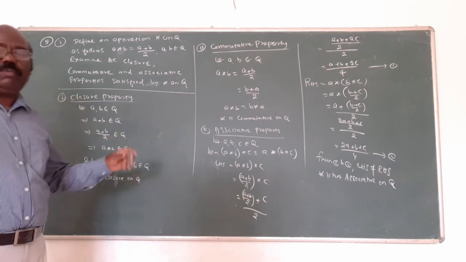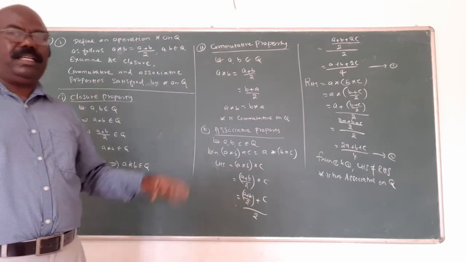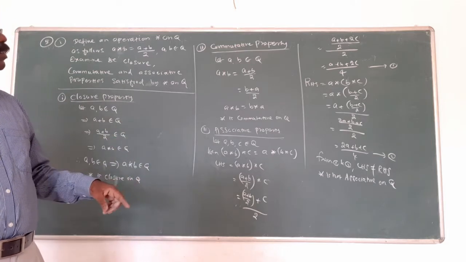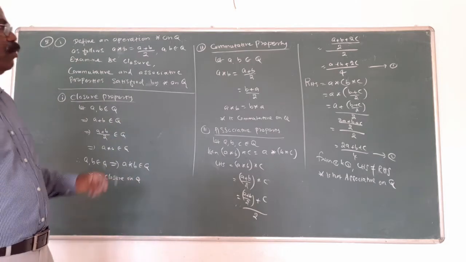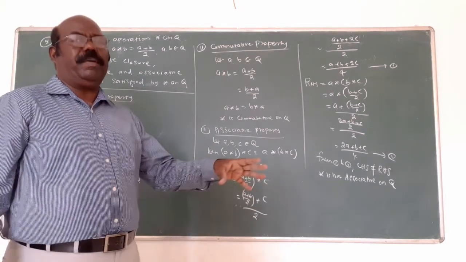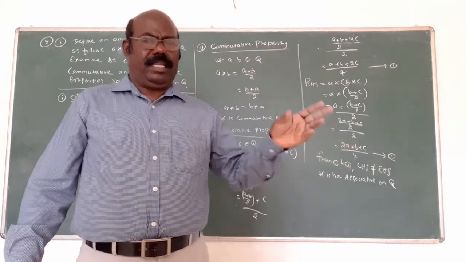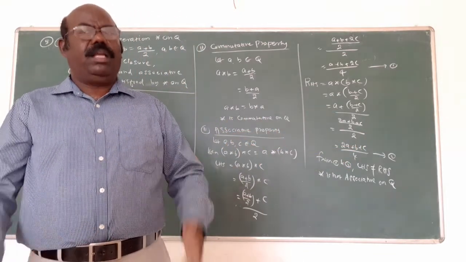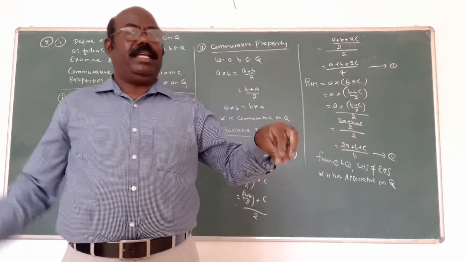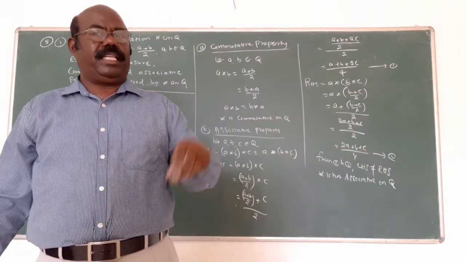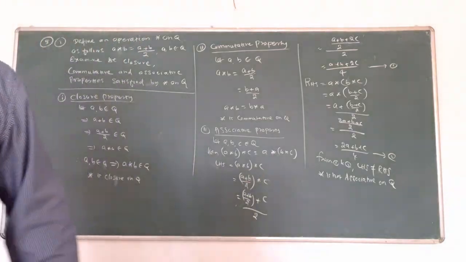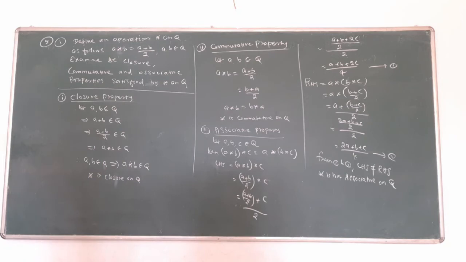In the first exercise, so many problems use the same method: closure, associative, identity, inverse, commutative, only these. That's why you must be thorough with the definitions. First, commutative means you take 2 elements, a star b and b star a will be equal. Associative means you take 3 elements and the bracket will change: a star b, star c, equals a star, b star c; they must be equal. This is the way you do it. Here they are not equal, that's why it is not associative. That's all.